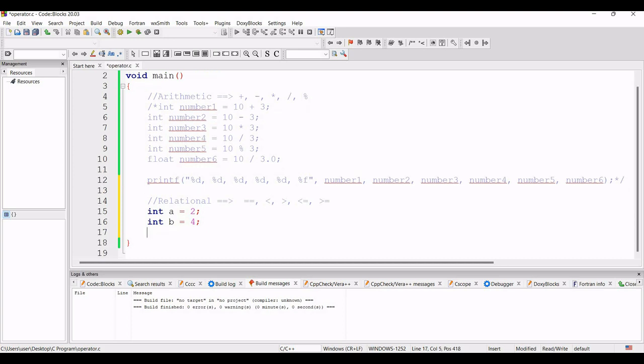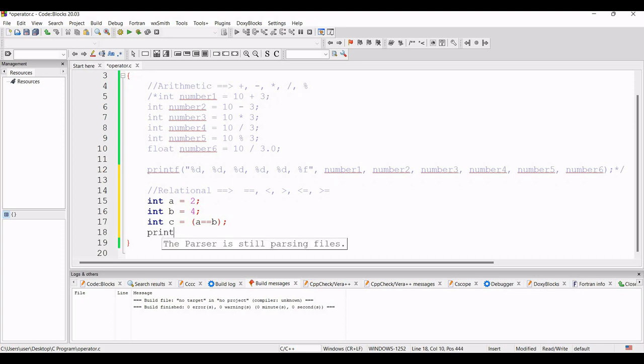So I will take another variable c, which will be a equals b, and then I will print the value of c, print a percent d and print the value of c.